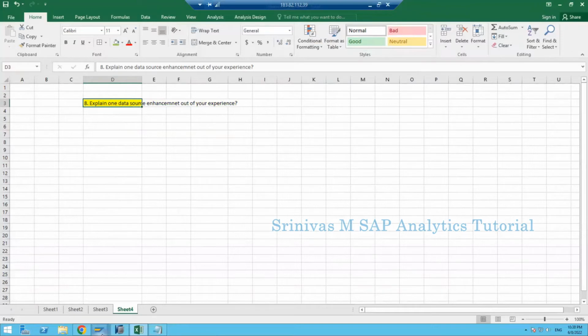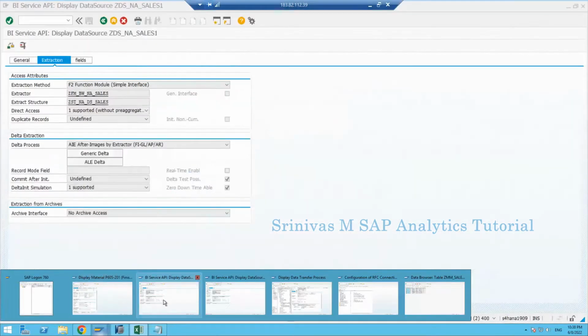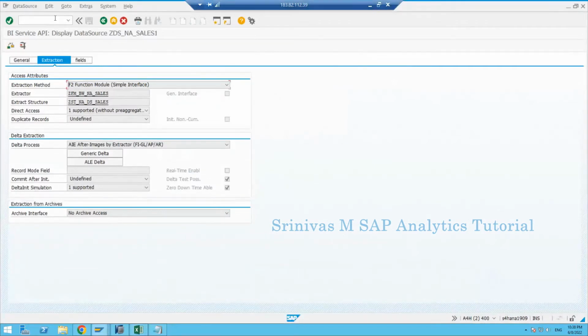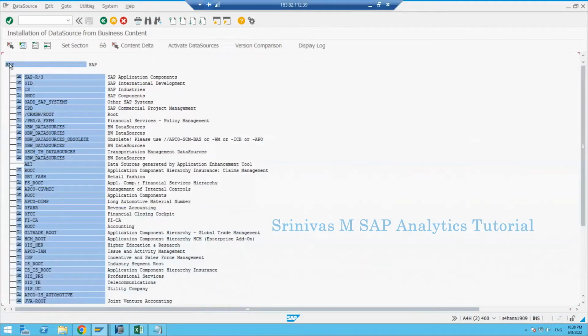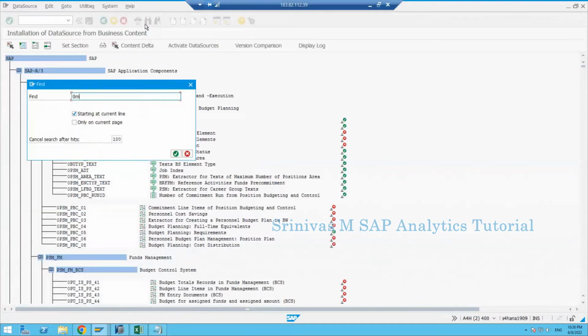So one thing is, SAP has given us n number of standard data sources already. If you go to RSA5, we can see n number of data sources here. SAP has given all these data sources specific to content level to satisfy most of the business scenarios. For example, let's take one data source, 0MATERIAL